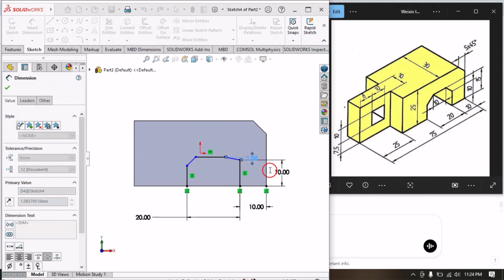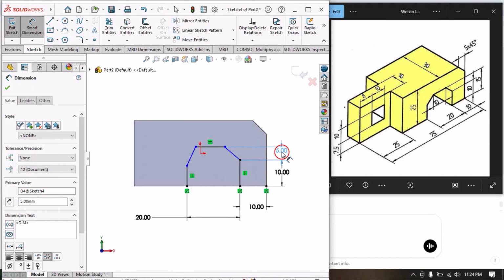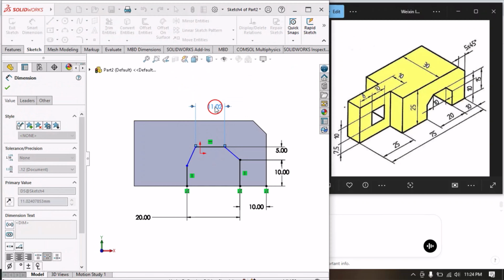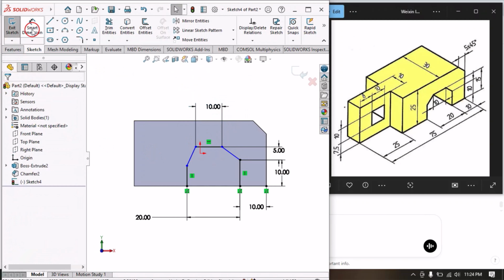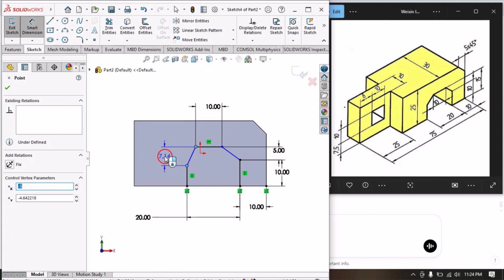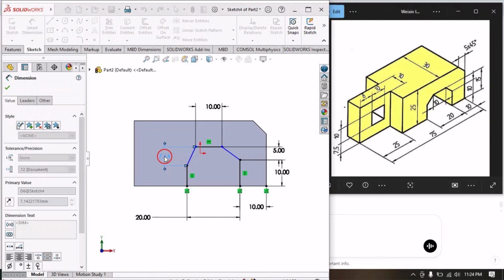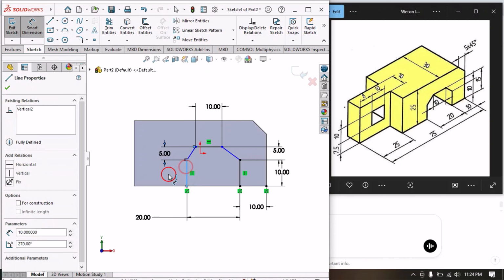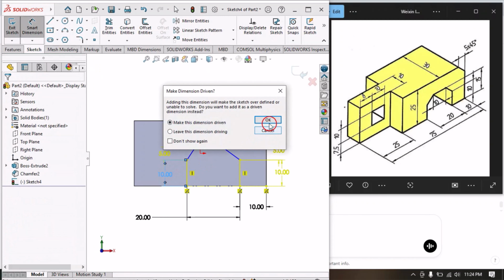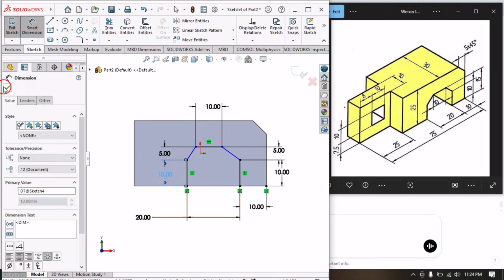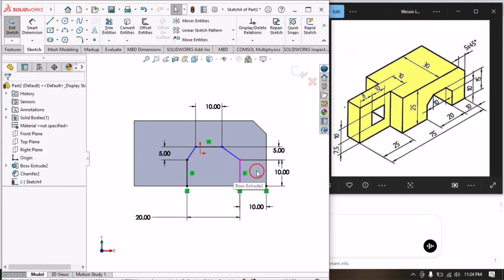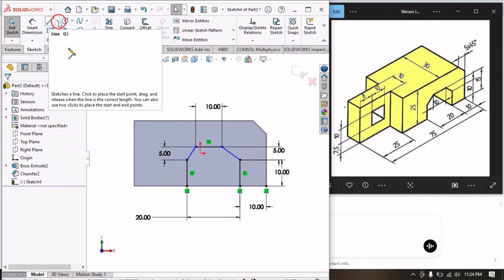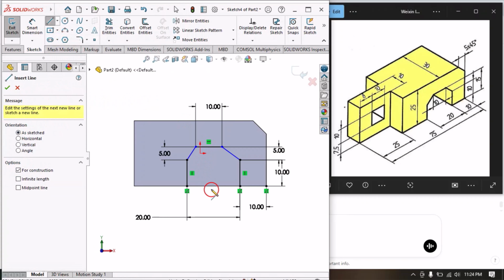So this one is 5 millimeter, right? And then the distance of this one is 10 millimeter. This one is 10 millimeter, and similarly the distance from here to here is also 5 millimeter, and this one is 10 millimeter. And we don't need this one because it will give an over define, so we'll delete this one. Okay, so the next thing is that we will draw a straight line